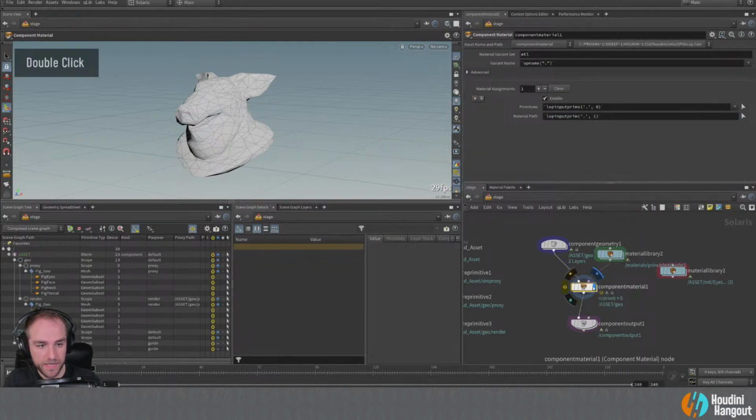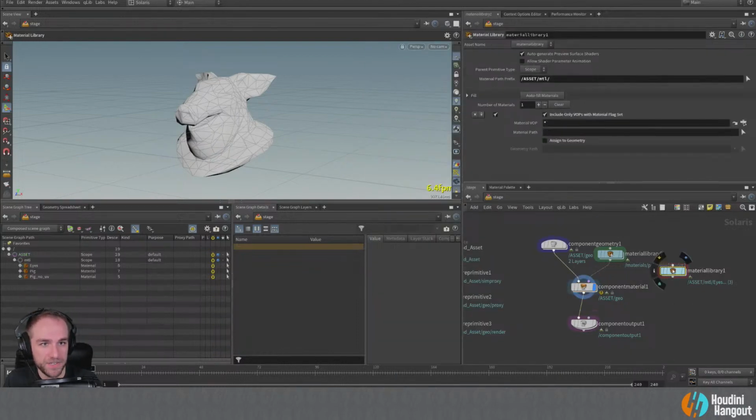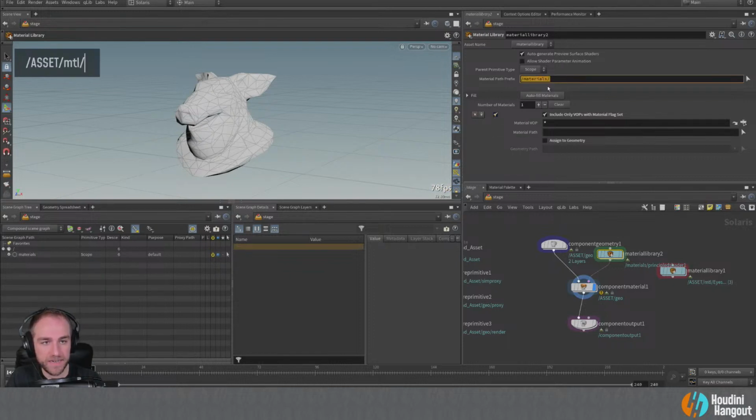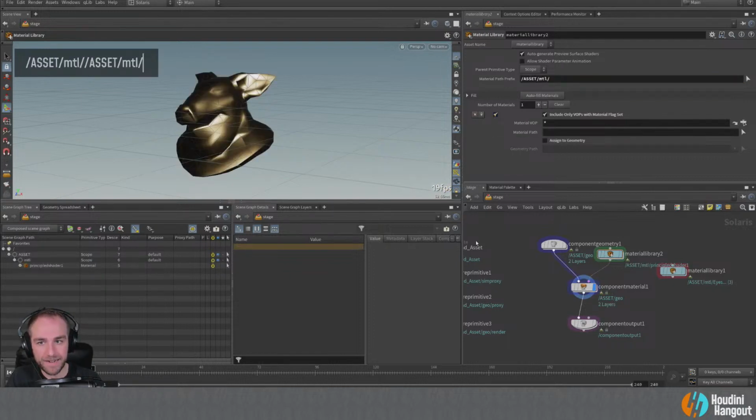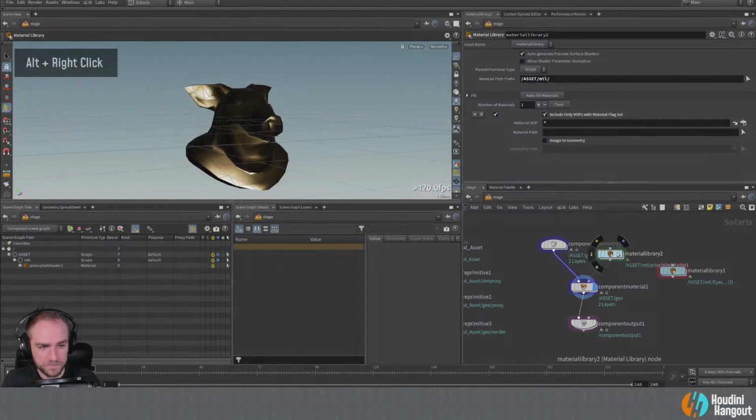What this would do, at least what it should do. What's it yelling at me about here? Oh, right. So this material library is kind of special because it's actually set up with this as its material path prefix. So this is all we need to have up here. So instead of being materials, we're just going to set it like that. Now it should find it. There we go. Okay, that makes more sense. I was like, why is that not working?